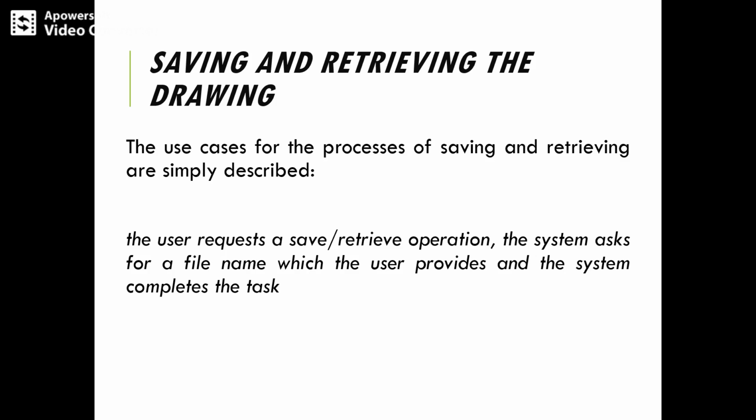The view always receives the initial request from the user and then prompts the user to input the file name. Whichever file name is given, the view then invokes the appropriate method of the controller, passing the file name as a parameter. Next, the controller first takes care of any cleanup operation that may be required. For instance, a specification may require that all items be unselected before the drawing is saved, or that some default values in environment variables be stored. This must be done at the respective stage only.